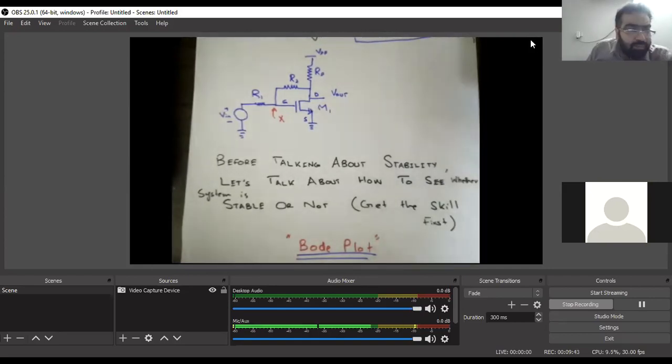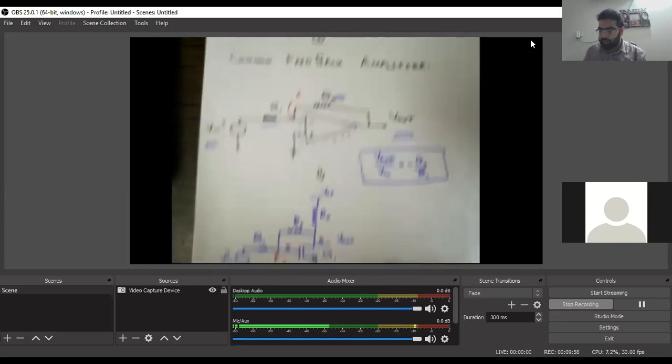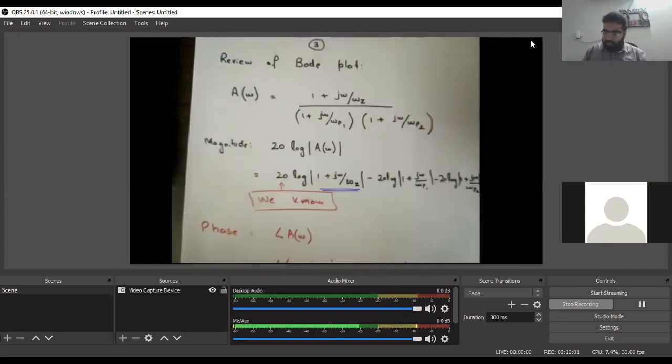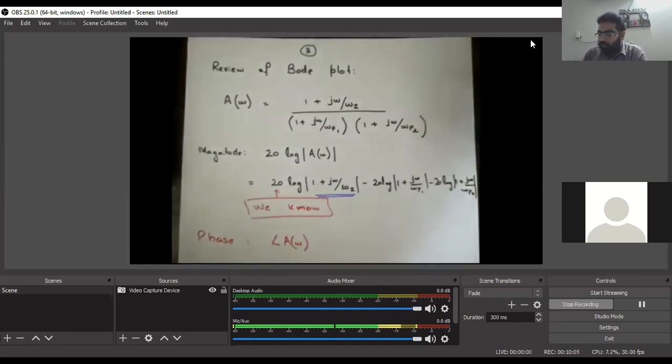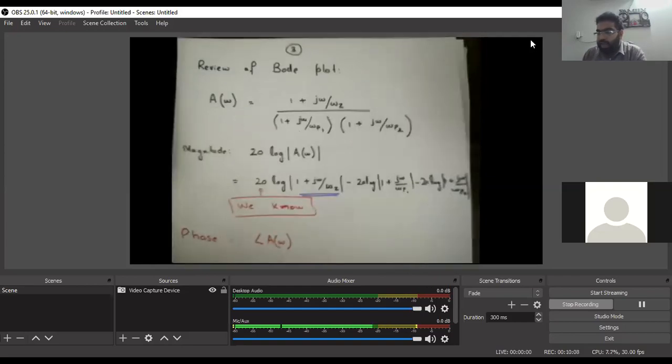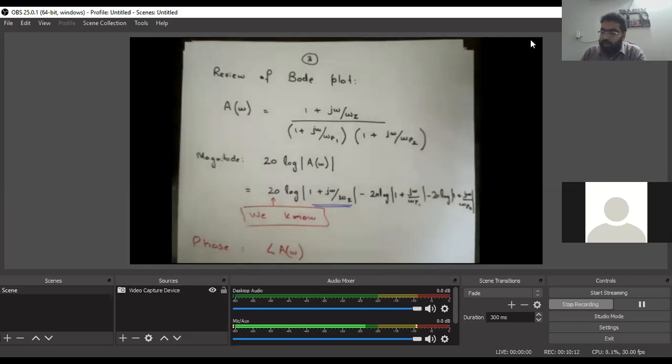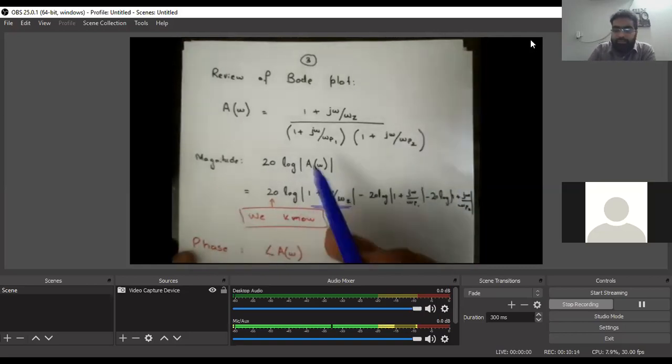You might also have seen the Bode plot in your feedback course. I'm not sure whether you have covered it by this time, but I guess you might have. Again, it will be just like a repetition of the same thing, but we still need to do that. So for the Bode plot, I will just take this example, which we did in my section that time. We'll just revise it again. So if we have any function A of omega